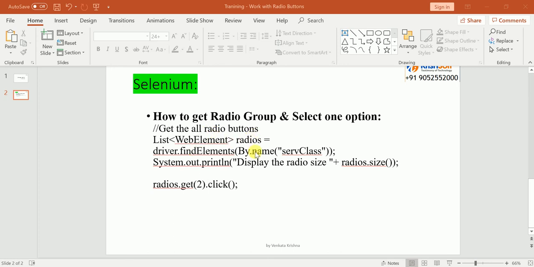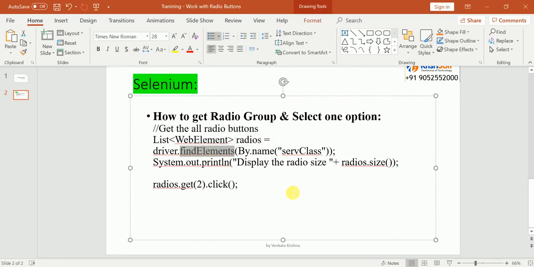One more new thing you are going to learn here: so far we have used find element. Now in this video you are going to learn about find elements. It is going to return multiple elements for us with a common name or class. So there are two methods with the driver, find element and find elements. Find element returns a single element, find elements returns multiple elements. So you are going to get multiple elements returned for us. We will see how it returns them now. Okay, so let me start.